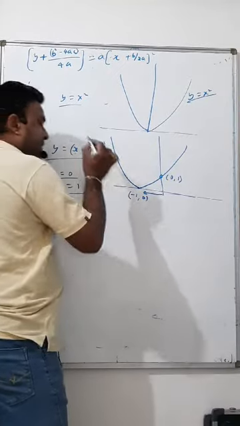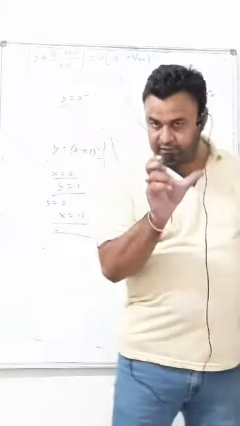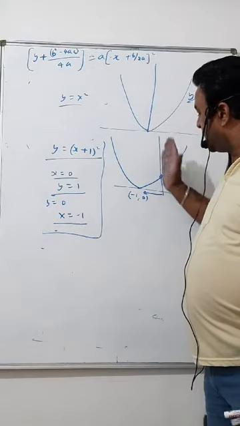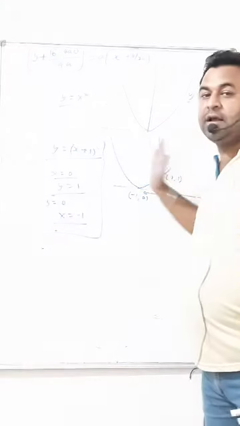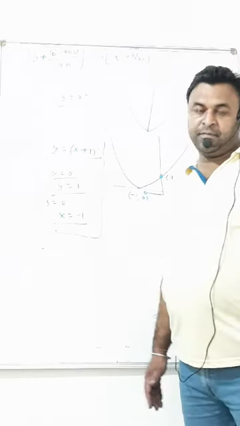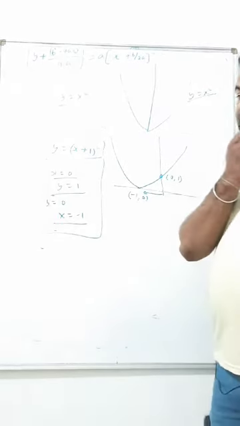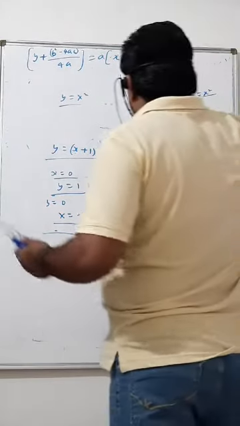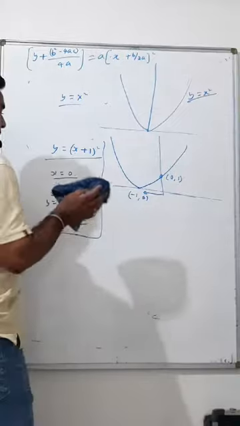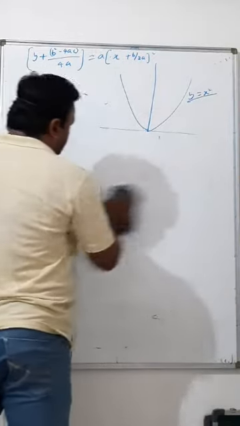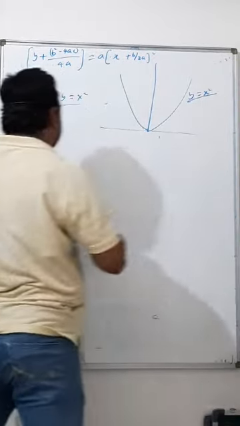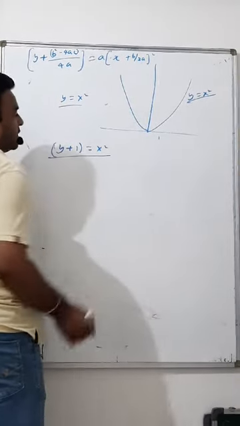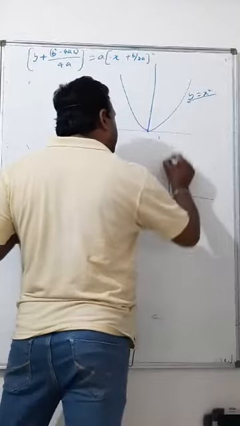Here it is x plus 1, and the graph has been shifted along the x-axis in the minus 1 direction, by minus 1 distance. That's a very interesting thing, a very important thing in mathematics. Now, I expand it a little bit. I take another example. If I make it y plus 1 is equal to x square, how will the graph be now?